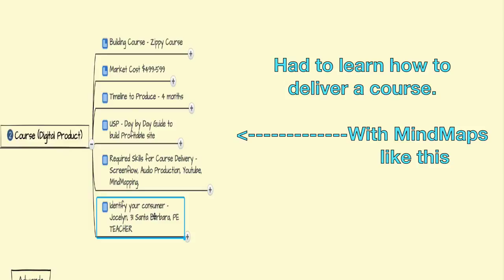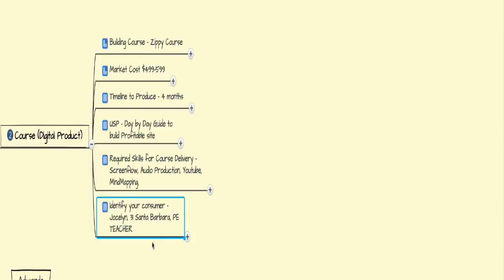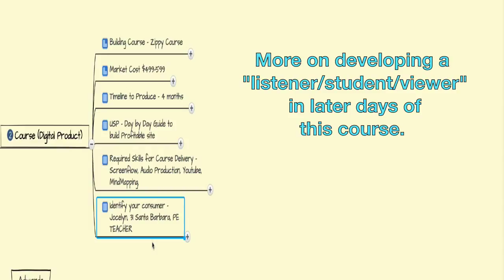The last part is going to be identifying your consumer. For me, it took about 30 to 45 minutes. My consumer, my ideal target, her name is Jocelyn. She's 31. She lives in Santa Barbara, California, and she's a PE teacher, and she's looking for more income. She happens to be someone who lives in a very expensive area, but on a teacher's salary doesn't make that much. So she's looking for some side income and a possible way of using her skill set